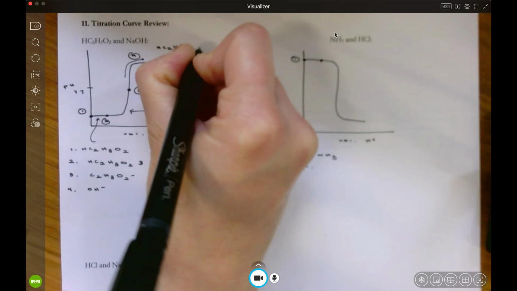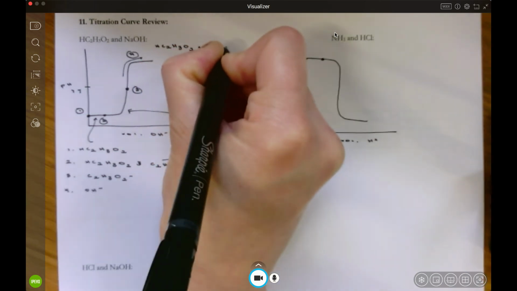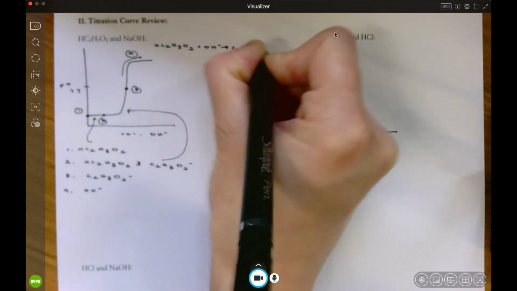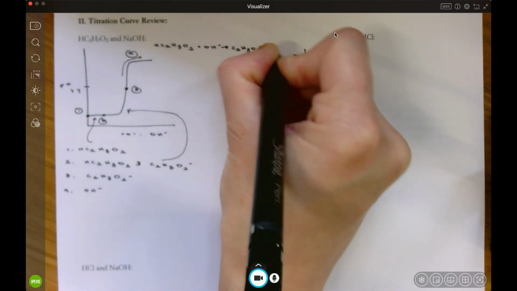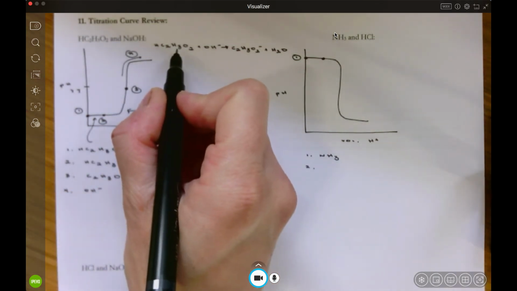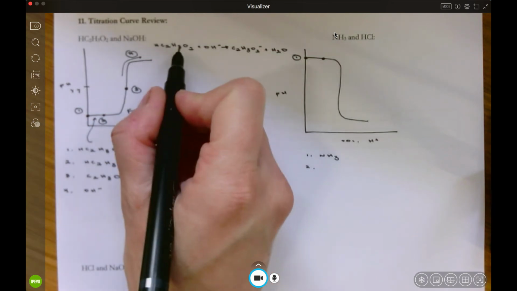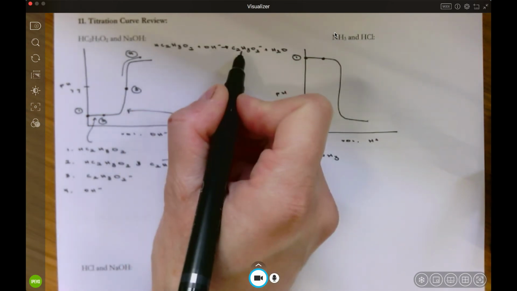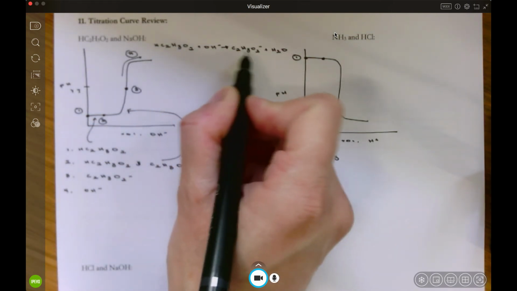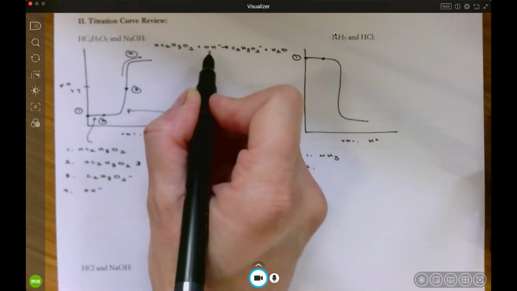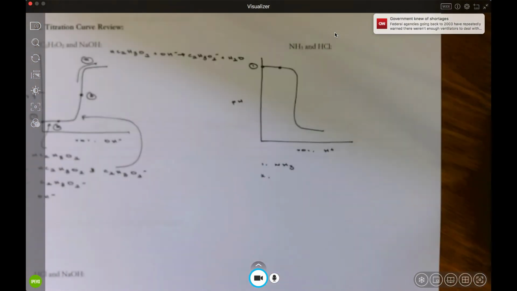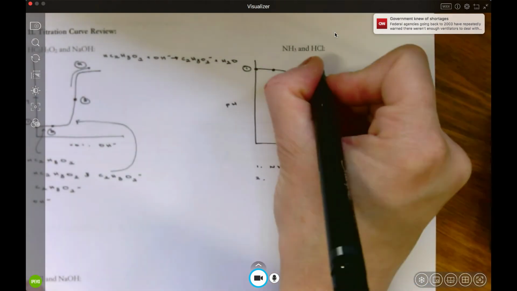So this is weak acid plus the strong base, which produces your weak base and water, right? Which is why you start off with just this. Then as soon as I've added half as much hydroxide, I'm going to have just my weak acid and weak base. Then at equivalence point, when I have equal amounts of these, I'm only going to have my weak base. And then if I keep adding hydroxide, I'll have hydroxide and yes, some acetate ions, but really the hydroxide is what affects it. For NH3,